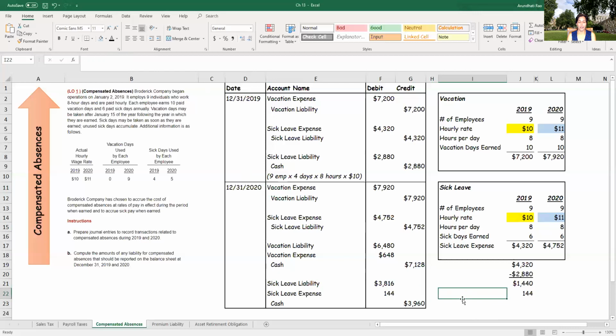For the vacation, they will tell you it's use it or lose it. If you accrued 10 days of vacation last year and you didn't use it this year, you're out of luck. They're not going to do anything. They're not going to give you that money. So in most cases, employees will take the vacation simply because if they don't, they lose out on it.